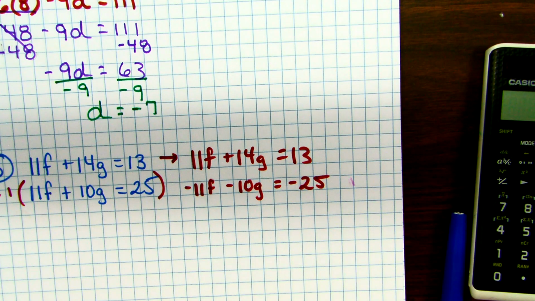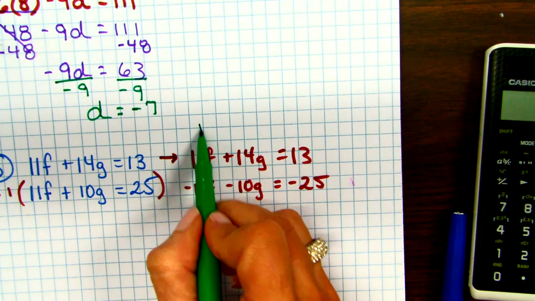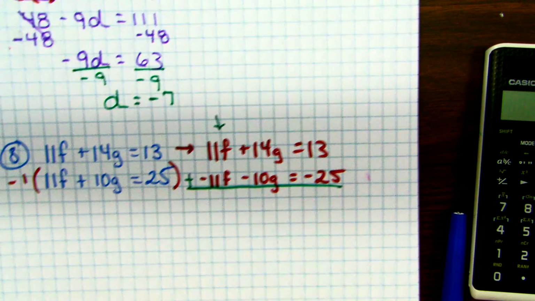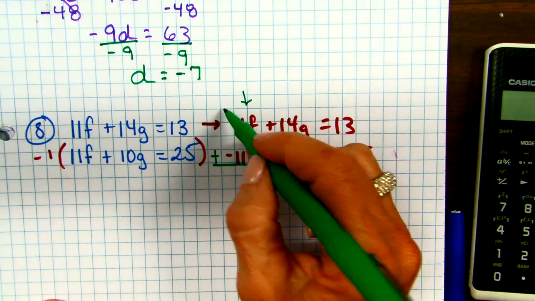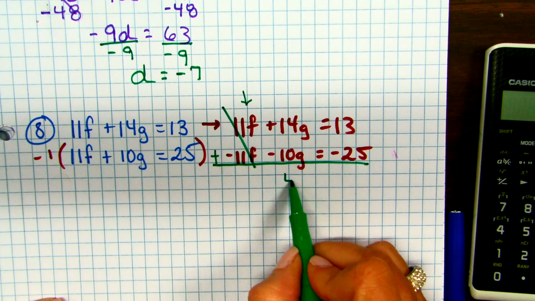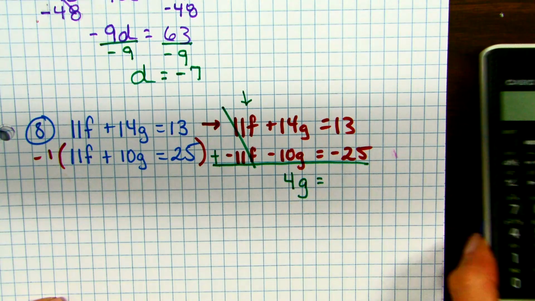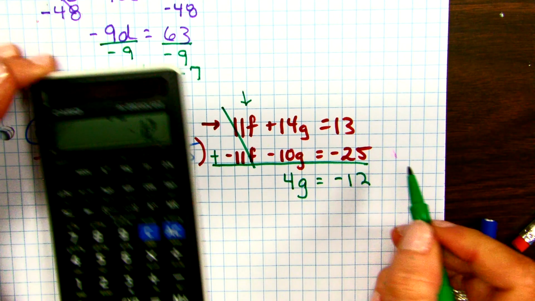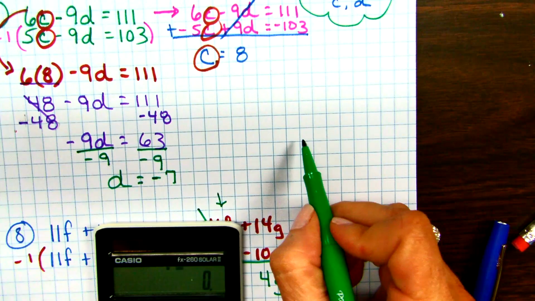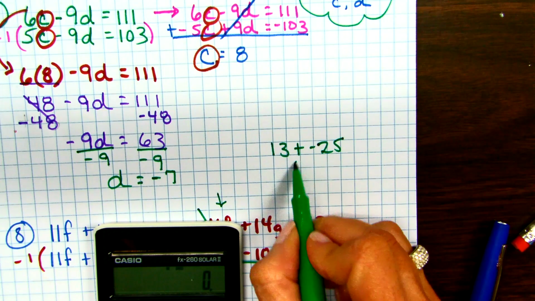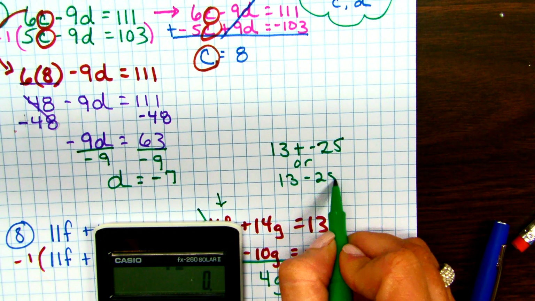And now, my darlings, that we have opposites on the F's, that's when we can add the 2 systems together. Right? Bye-bye F's. 14 plus -10 is 4. 13 minus 25 is -12. And guys, understand, whether you type this in your calculator or this, you're going to get the same answer. If you do 13 plus -25 or 13 minus 25, like you skip the plus sign there, you're always going to get the same answer, okay? So whether you just say